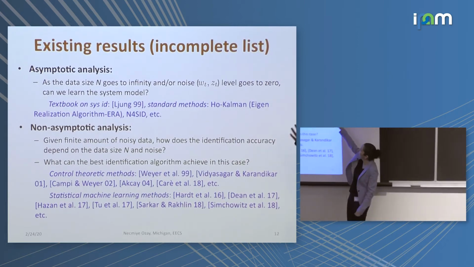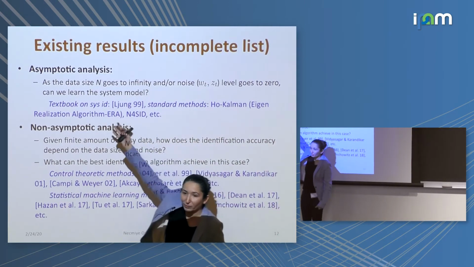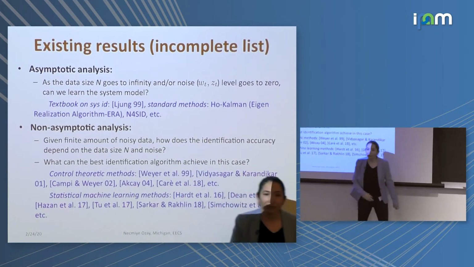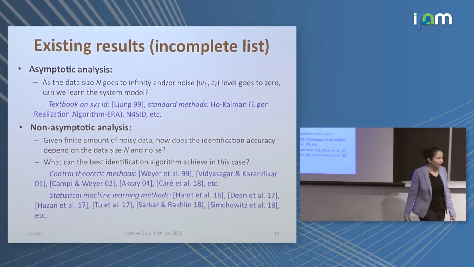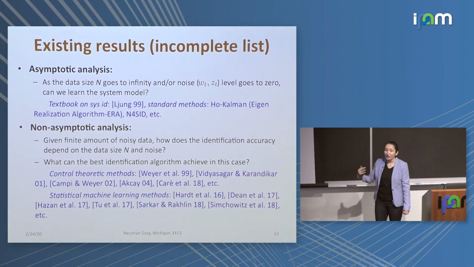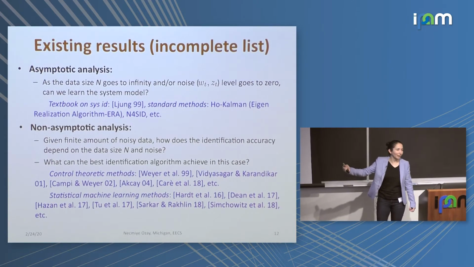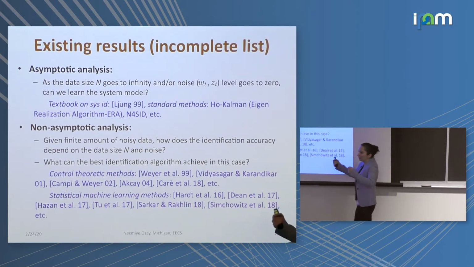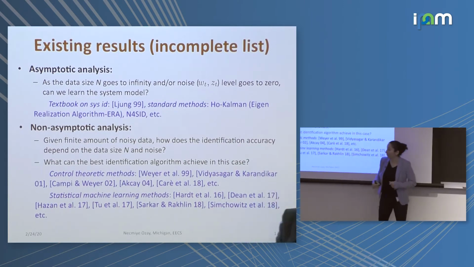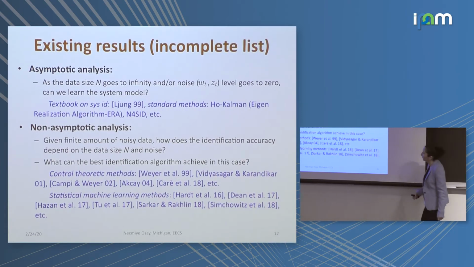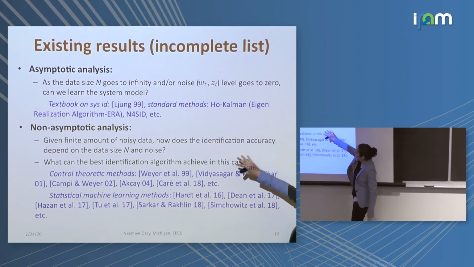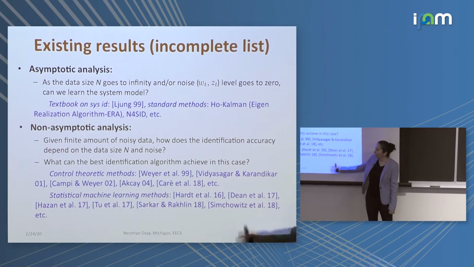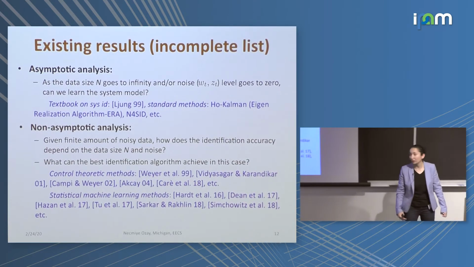One is Ho-Kalman, or eigensystem realization algorithm. That's another name for the same thing. There is N4SID, which is a subspace identification method. And there are various others. You can take your MATLAB SysID toolbox, and it comes with a suite of identification algorithms that are well understood in the asymptotic regime. In the non-asymptotic setting, there are also results, both from the control community and more recently from the statistical machine learning community,